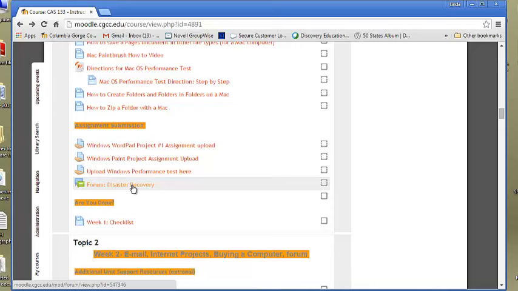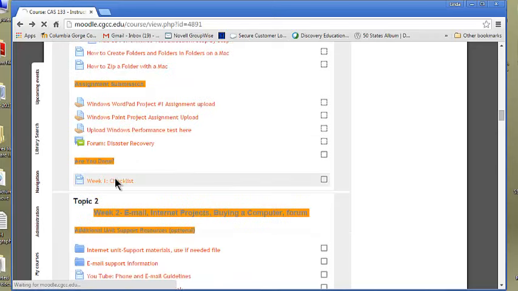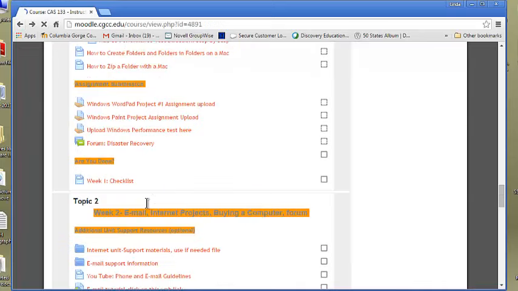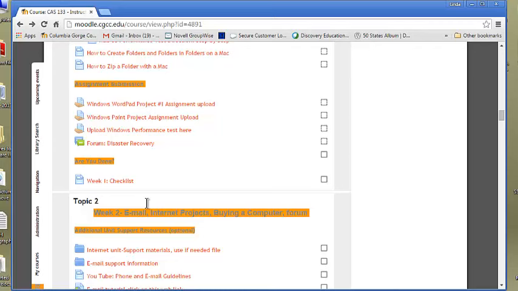Technology isn't always reliable. What are you going to do if you get into trouble with your technology? What's your backup plan? It's important to have a good one because just telling me you're stuck and your technology's not working is not going to get you excused for the week's work. And then this checklist at the bottom pretty much is just that. It's talking you through, have you done all the items? This course is undergoing a complete rewrite, so as we go, I will be continuing to get name changes done and things like that where I see it's been missed so that it reflects the newest update.